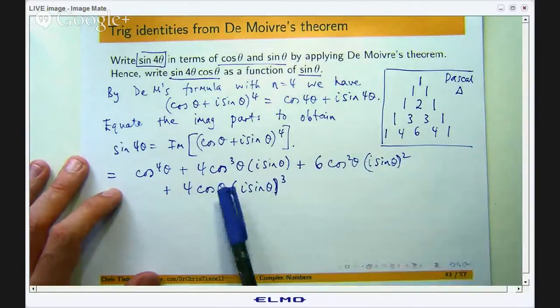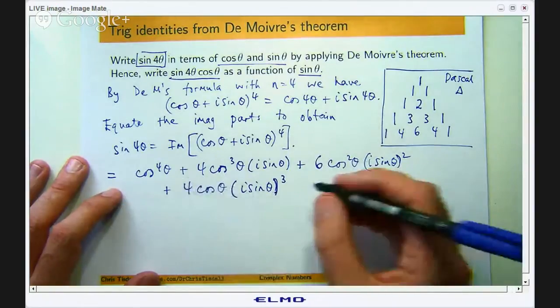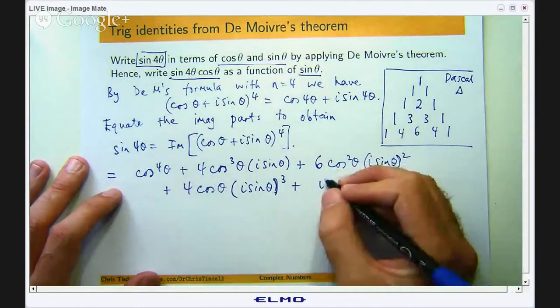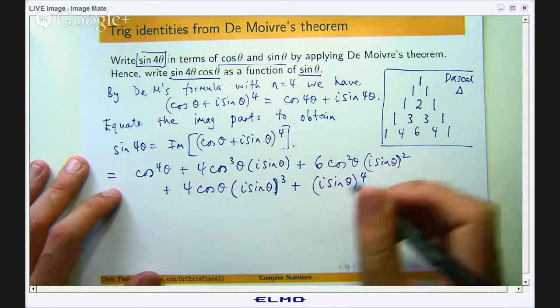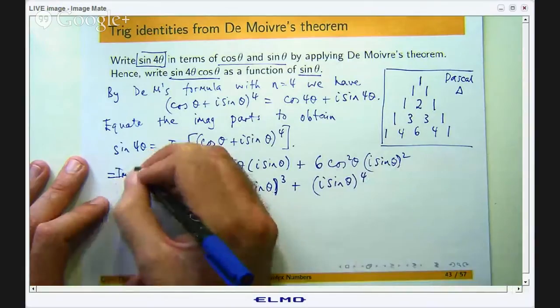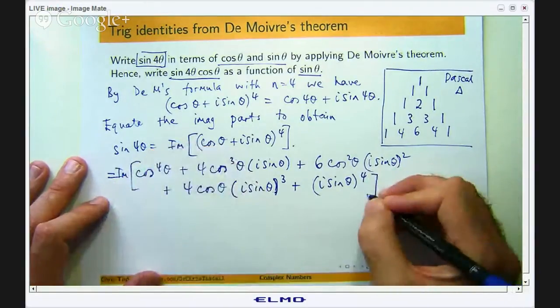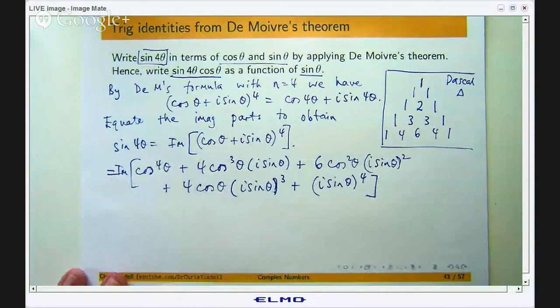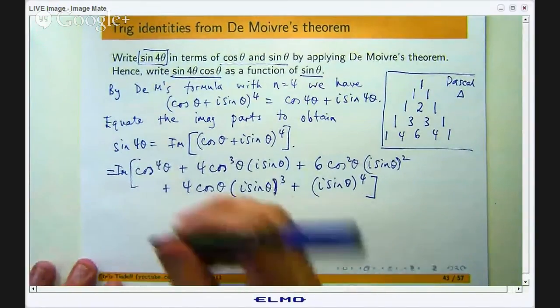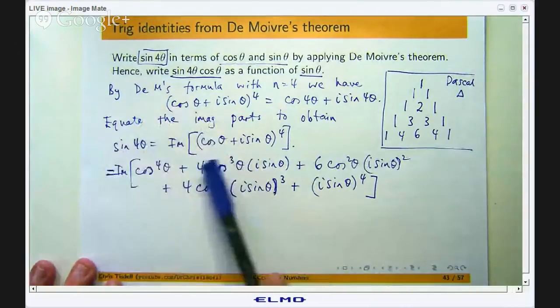And lastly, decrease this power by 1, so that'll disappear, and increase this power by 1. Okay, and we want the imaginary part of this mess. Now it looks a bit crazy, but all we have to do is cherry pick the imaginary parts